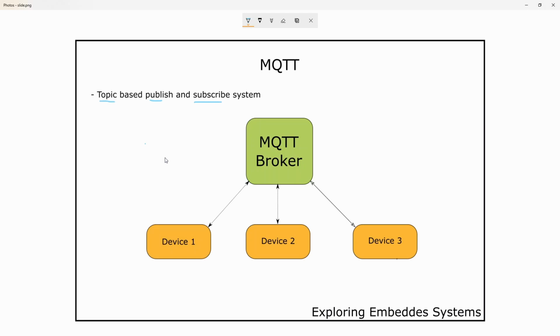Let me give you an example. Let's assume this is an MQTT broker, which establishes and maintains this MQTT network, where multiple devices connect. As shown here, there is an MQTT broker and multiple devices: device 1, device 2, device 3, and let me add one more, device 4.